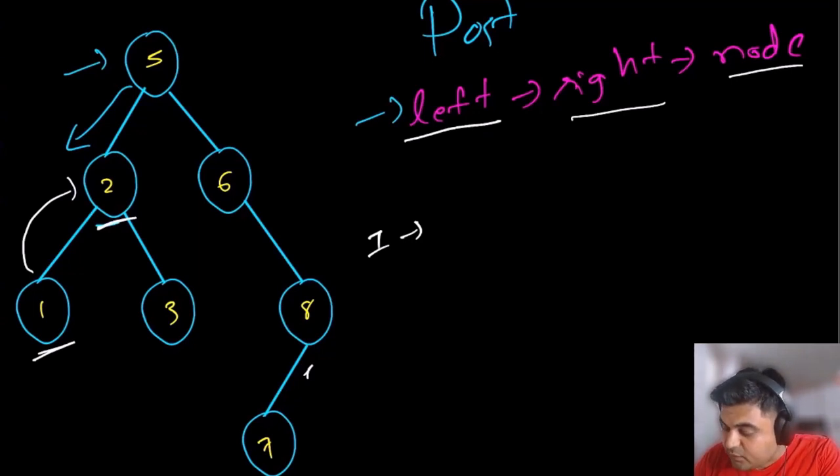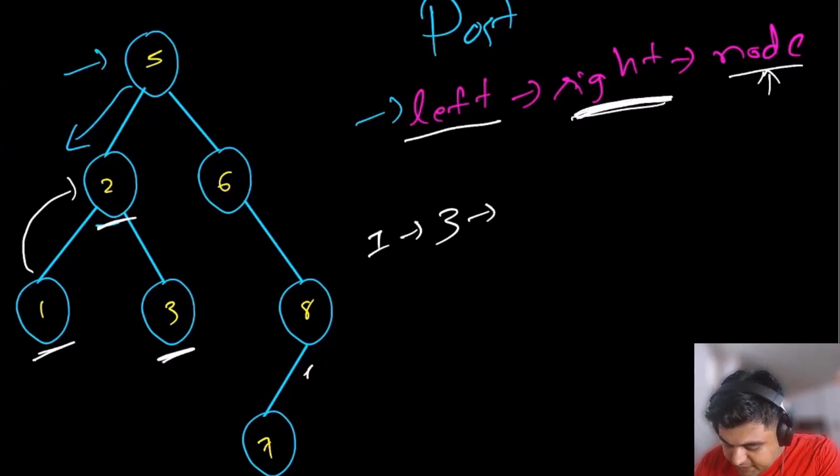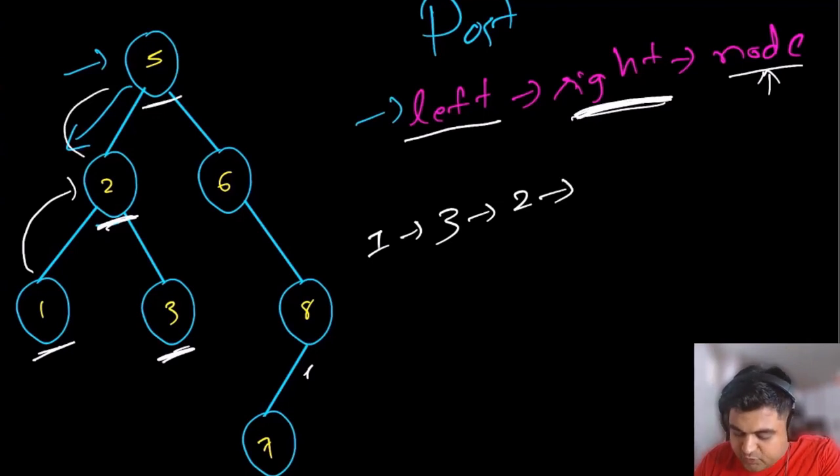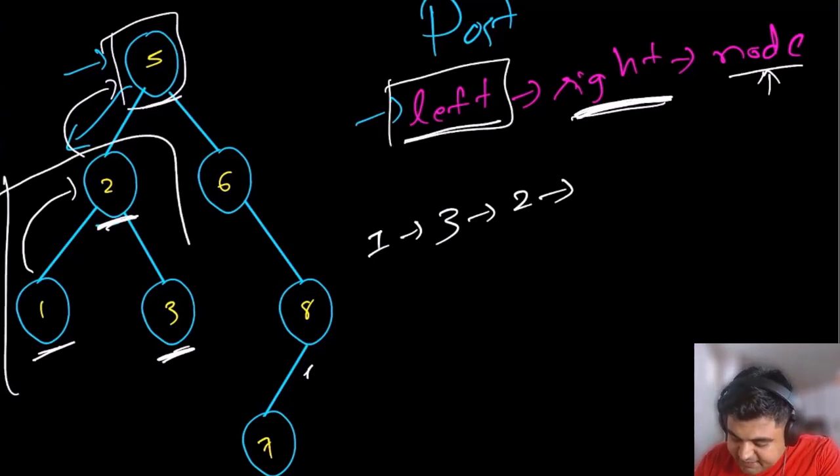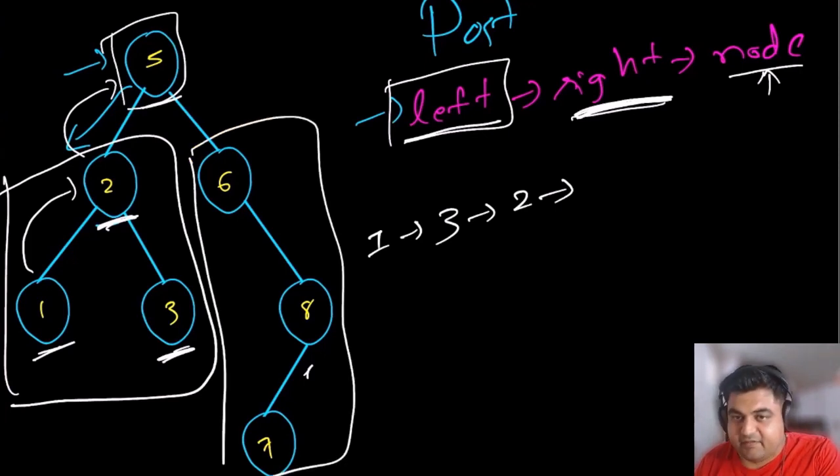Again, even before visiting node number 2, we will have to visit the entire right subtree for that node. So we are just going to do that, and that is going to be node number 3. Then, after visiting node 1 and node 3, we would be able to visit node number 2. After visiting node 2, we will again backtrack to node number 5, stating that for this node number 5, the entire left subtree has been taken care of, but it still has elements on the right subtree that we are going to work upon right now.